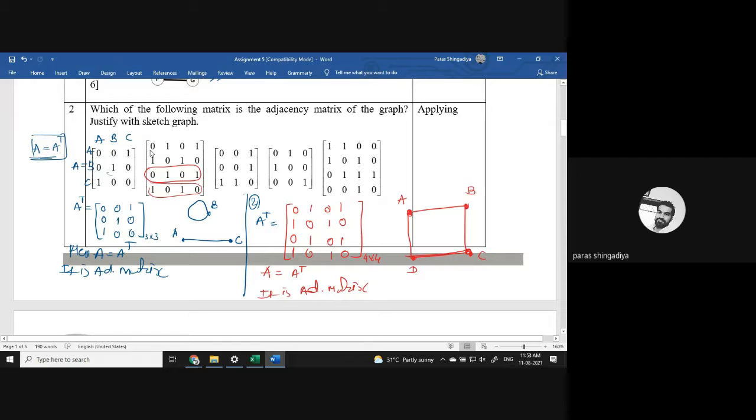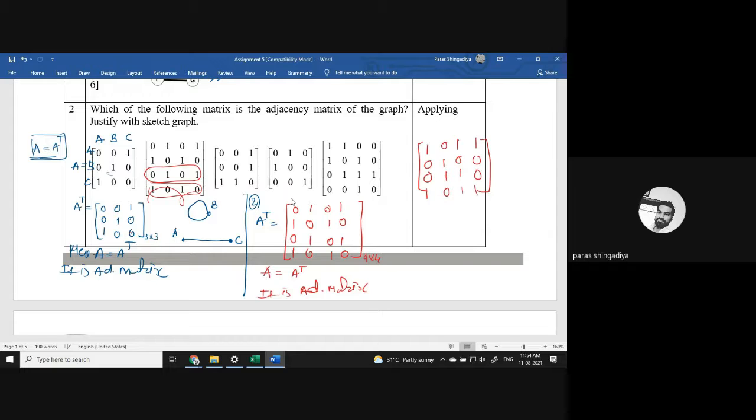For example, if I consider another matrix which is not symmetric, then in that case it is not possible to create the graph. Okay, it's 4 by 4. These are the entries I have considered: 1 0 1 1, then after 0 1 0 0, 0 1 1 0, and 1 0 1 1. Clear? I have mentioned arbitrary values for this matrix.